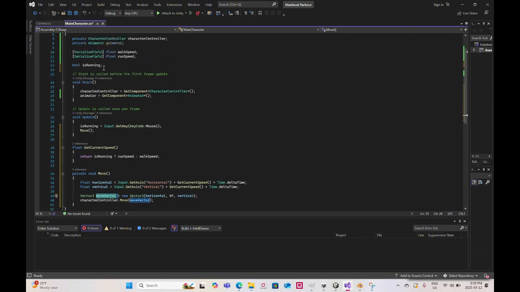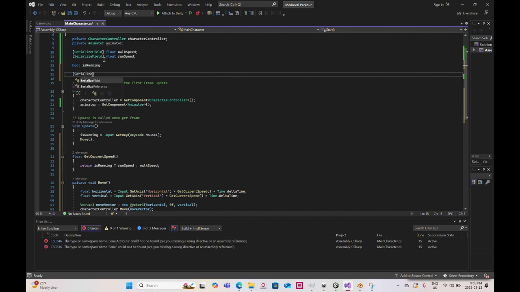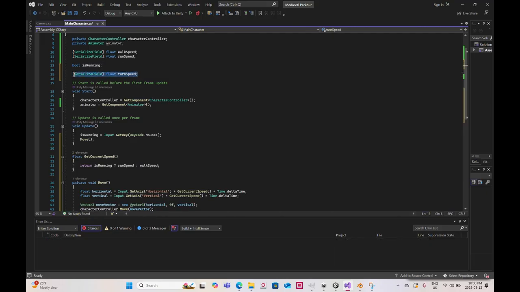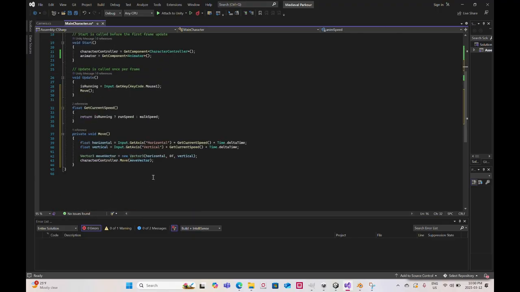Okay, and I want to create another serialize field called float turn speed. And another one called serialize float anim speed. And back under this move function, this move method,